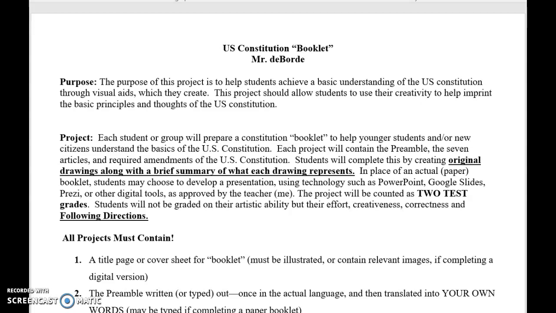All right, so this U.S. Constitution booklet project will be completed to teach students about the U.S. Constitution after they've already learned about the Declaration of Independence and the Articles of Confederation. So they'll get a basic understanding of the U.S. Constitution by creating a visual aid, whether that's a paper version of a booklet or a digital or electronic version